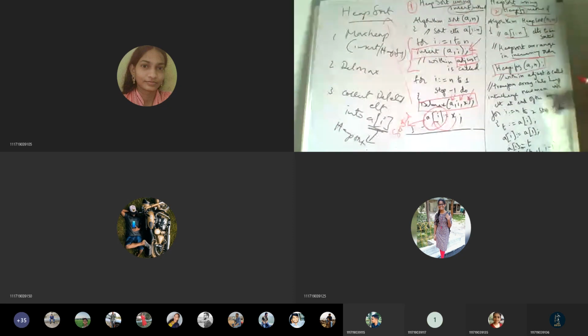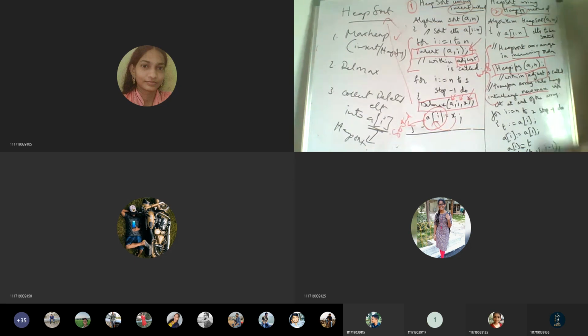In heapify what will happen? Taking the last parent, then the next last parent, then the next last parent until 1, we have to adjust. So within this heapify, again adjust is called. Whatever I am keeping in squares, they are algorithms again, so the adjust algorithm will be called. After adjusting, by using this we are going to get the heap. So the first step, we are taking the max heap, whatever may be the method. After that, every time we are going to delete the max.